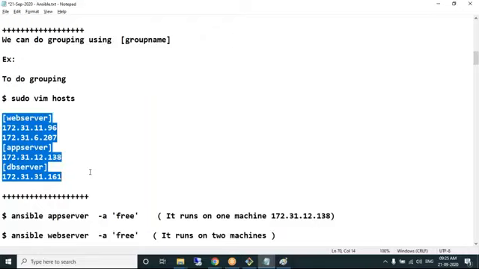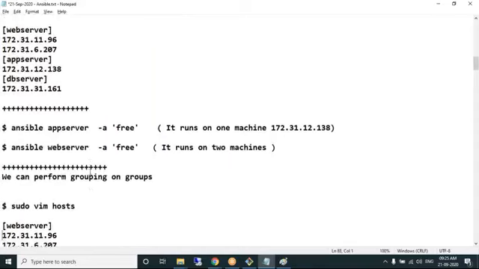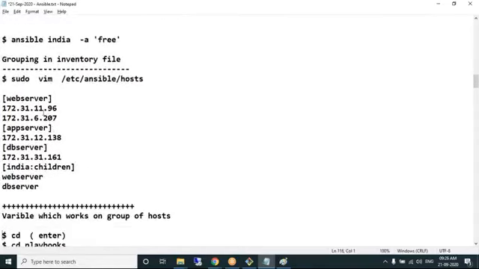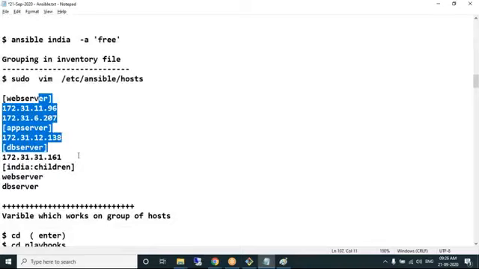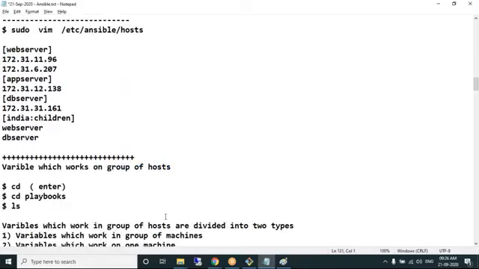So that's how we can perform grouping. Now, variables which work on a group of hosts are called host scope variables. Coming to one more type of variables, host scope variables, these variables will work on groups.